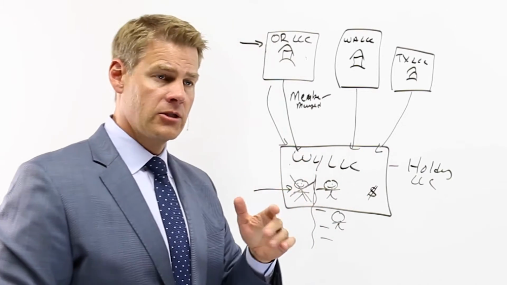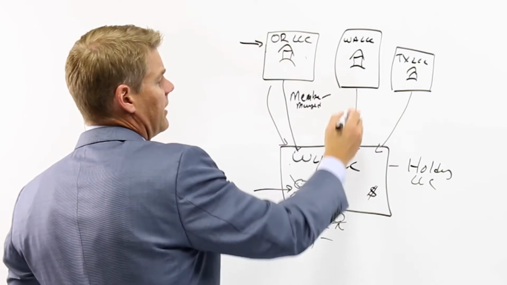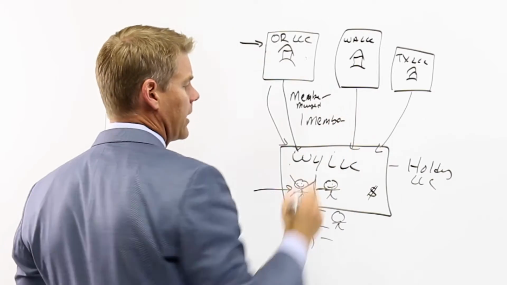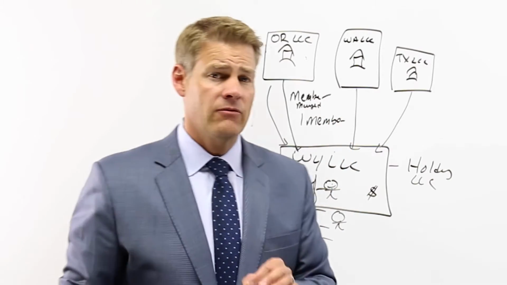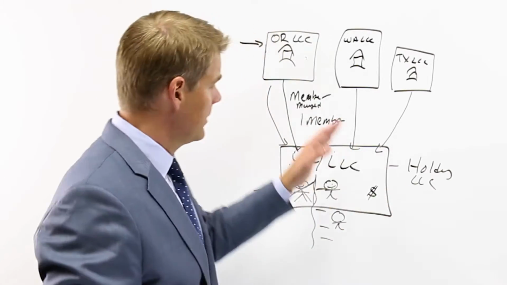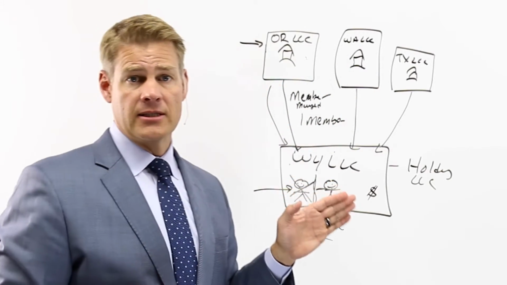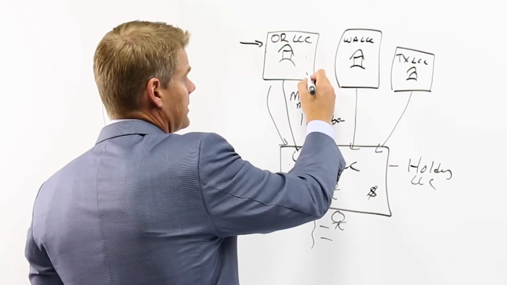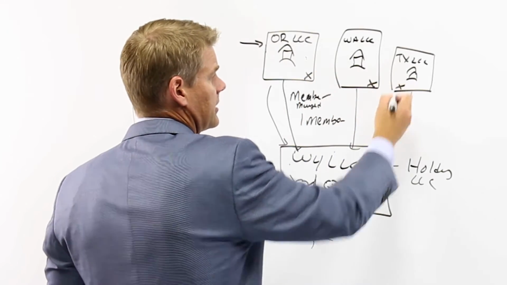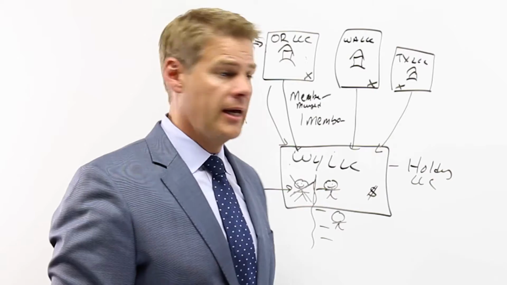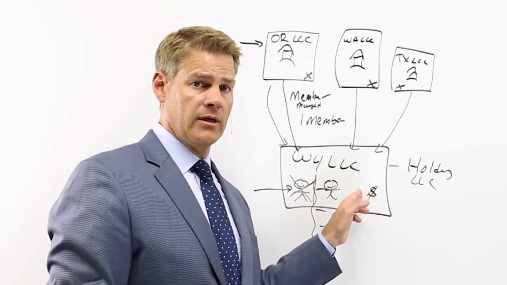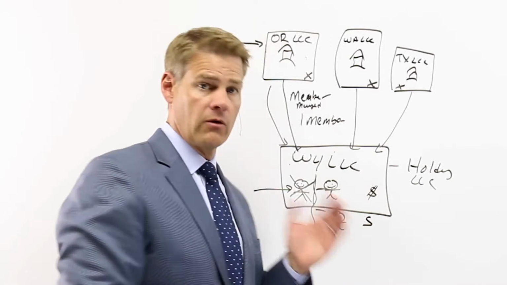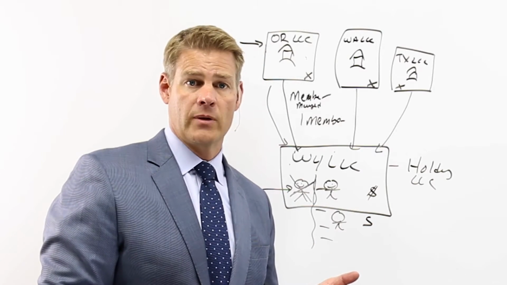Now, other thing to note, when these entities are filed, they have only one member, all right? And that one member is your Wyoming LLC. Because they have only one member, you're able then to treat these as disregarded entities from a federal tax standpoint. That means that neither this entity nor this entity will have to file a federal tax return. And depending how you elect to treat this one, if your income is over a certain amount, maybe it's going to be an S corp. That's going to require a tax return, 1120S.